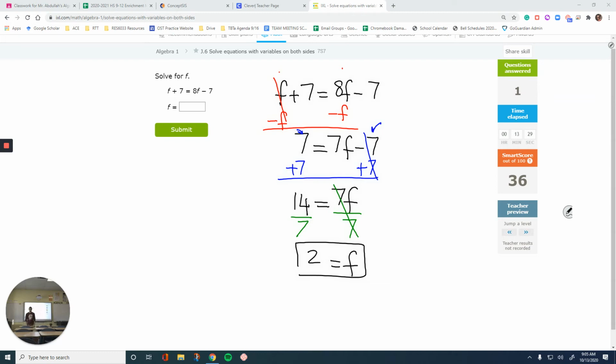This takes time. It takes practice. If you're going to sit there and just watch this, you're never going to be able to solve these questions until you come back to school and your teacher is on you and has you solve these equations step by step. And if you pass Algebra 1 without knowing the equations, no geometry teacher is going to have you sit down here